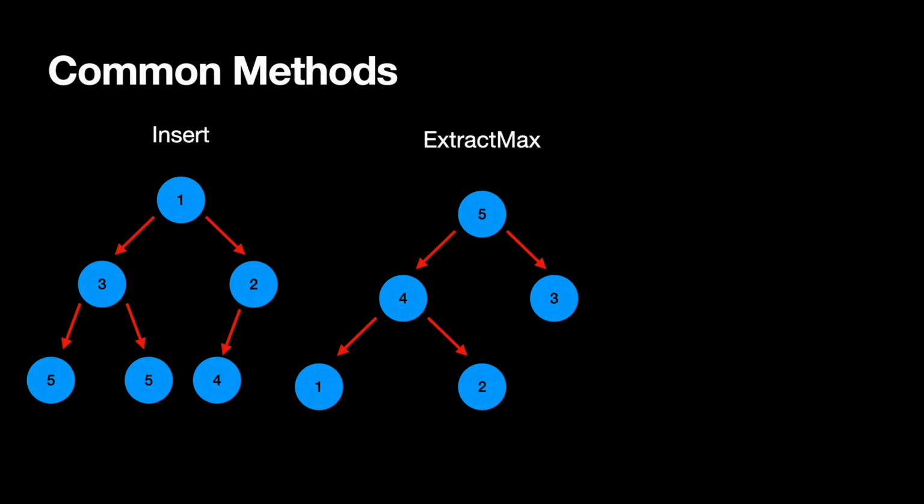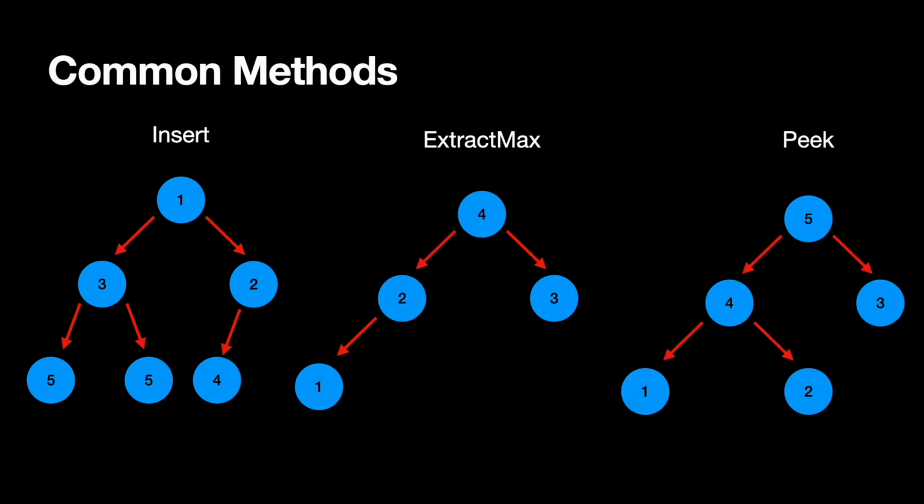Next is extract max, which also has an extract min variant, which just extracts the maximum value inside a heap. So given this max heap, let's say I call extract max on it. I'll have to remove the node with a value of 5, take the last node and turn that into the root node, and make sure this new heap doesn't violate the heap property, which would be max heap property. And that would mean I'd have to swap this node with value of 2 with the one with the value